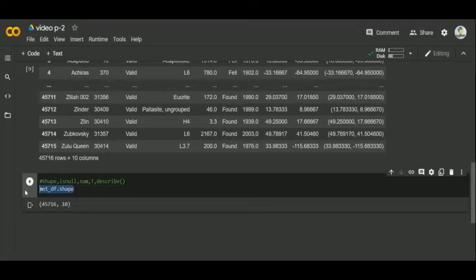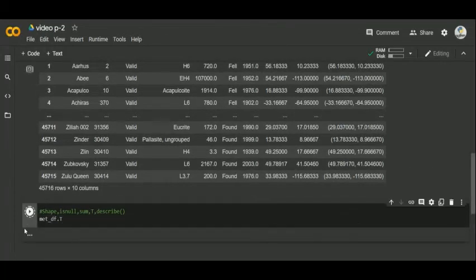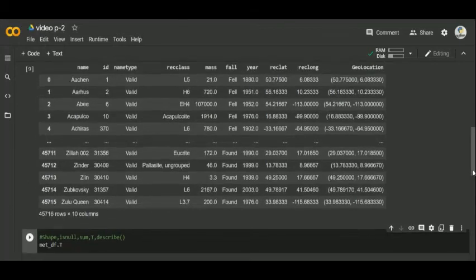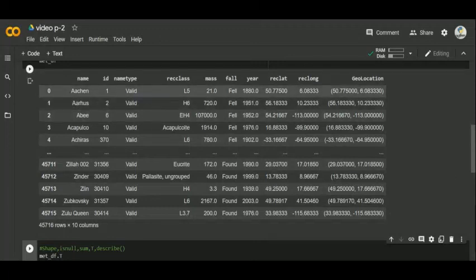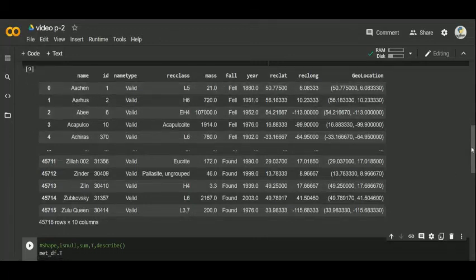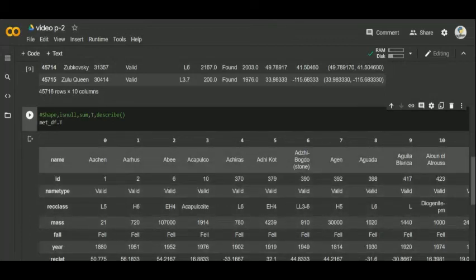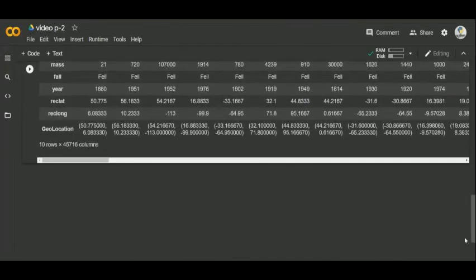And one more function is T. T means transpose. So instead of using a for loop, we can just use the letter T. So it would transpose the data, rows to columns and columns to rows. Suppose the name is present in rows. Name is the name of the meteoroid, and now it's present in the columns. So you can also see the counts for 10 rows and 45716 columns. And